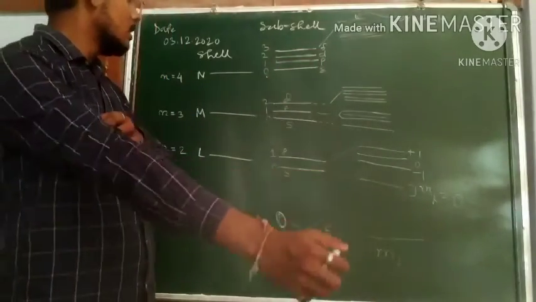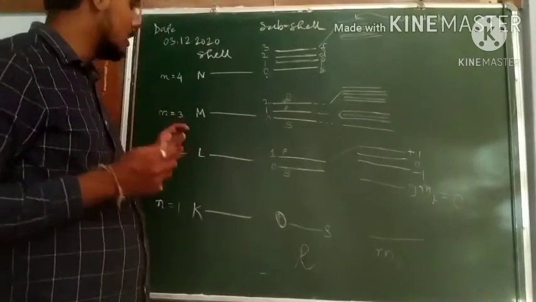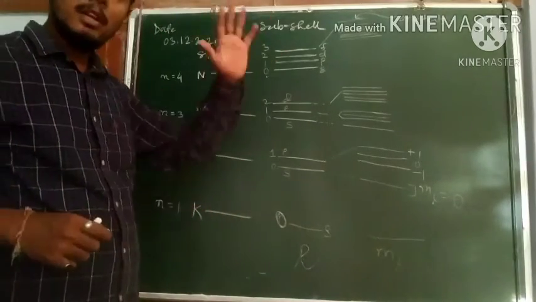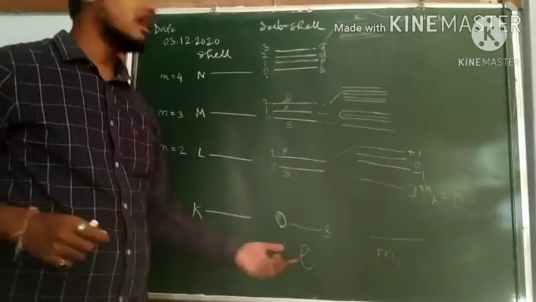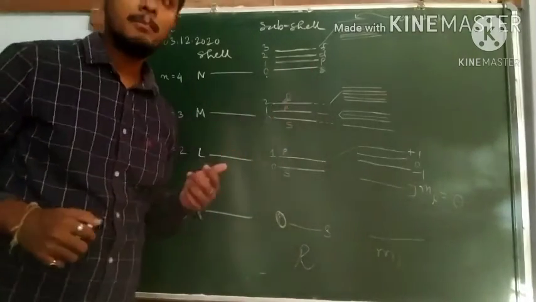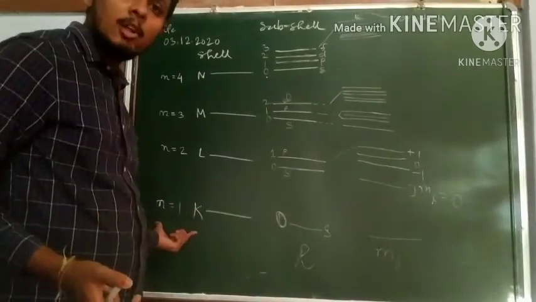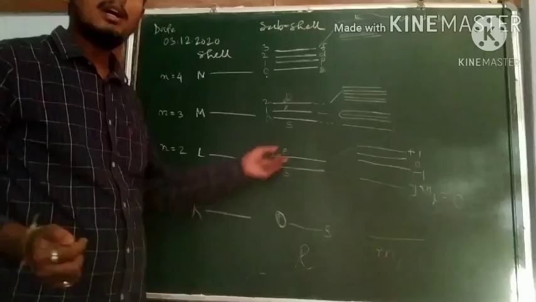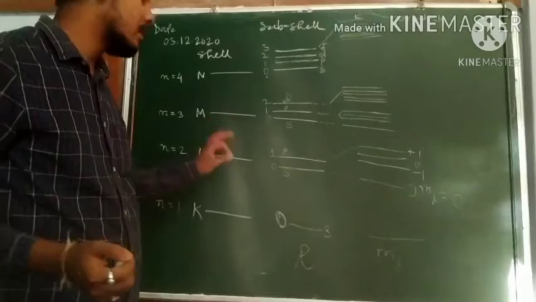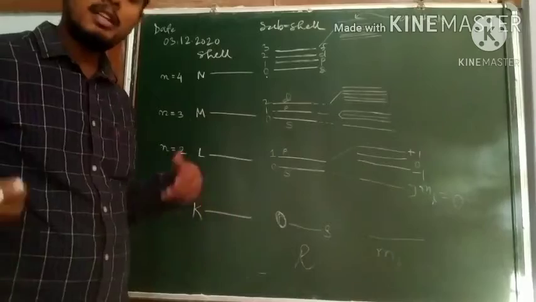Now, okay, so there are 4 subshells. Now, one important question is, will the S subshell be there or not? Yes, all shells will contain the S subshell. So for example, K shell has an S subshell, L shell has an S subshell, M shell has an S subshell, and N shell has an S subshell. So similarly, from where do I get the P subshell? In the K shell I do not get the P subshell. From L shell, L shell and above, I will get the P subshell. Minimum L shell is needed, then I get the P subshell. In M shell do I get the P subshell? Yes, I get the P subshell.